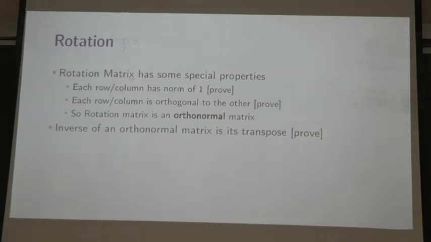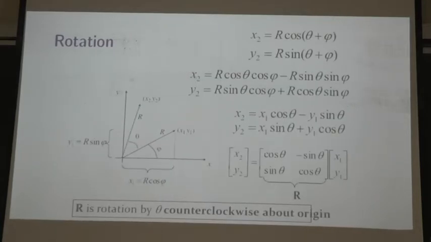Orthogonal means at 90 degrees, which means the dot product is 0, the inner product is 0. Okay? That again is easy to prove. How do you take the dot product? If I want to take the dot product of these columns, you point by point multiply and add them, right? So you do cos theta times sine theta with a minus sign. That's the first part, and then sine theta times cos theta with a plus sign. So they indeed cancel out each other and you get 0. So the dot product is 0, and even if I do it that way, I'll get the same thing.